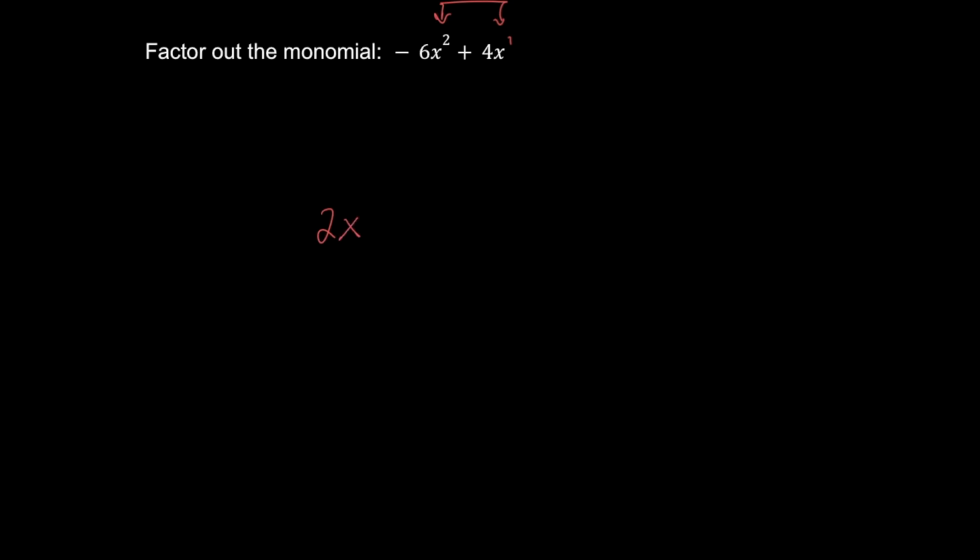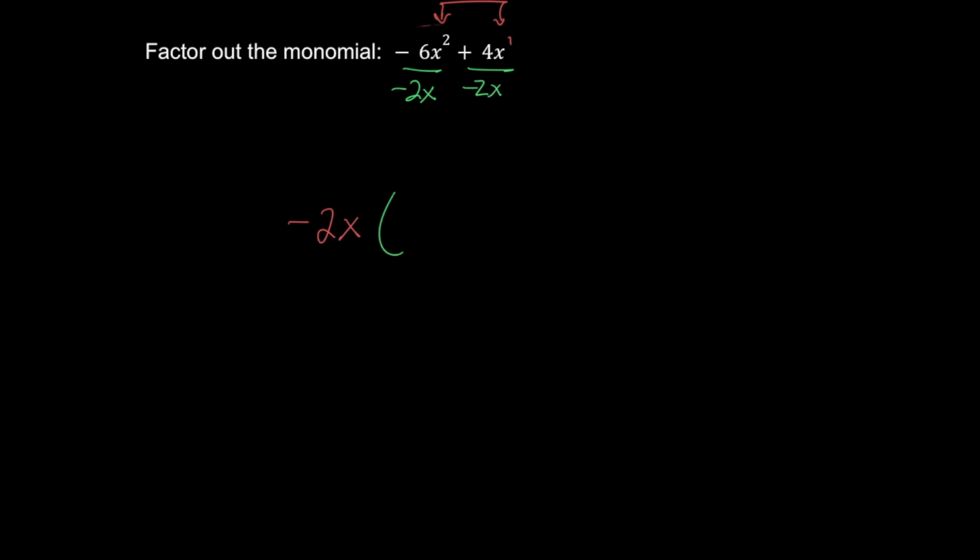The third thing we want to check for is if the leading coefficient, or the term with the highest power, is negative. So the term with the highest exponent is this first term here, so the leading coefficient is negative 6. Since it is negative, we want to pull out a negative 2 and not a positive 2. Now that we have gone through and pulled apart the monomial, finding the greatest common monomial, or I guess with being negative it is not the greatest, we shall divide both terms by that common monomial of negative 2x,